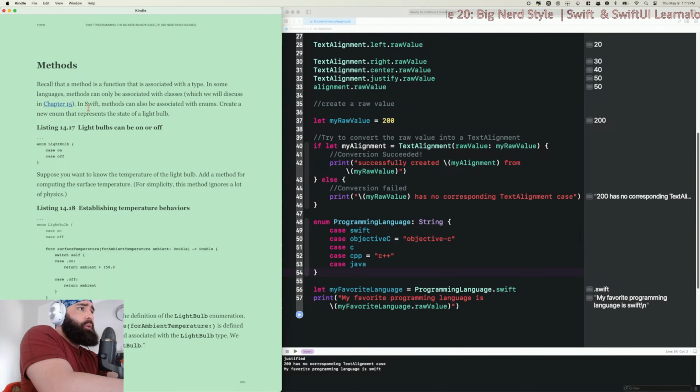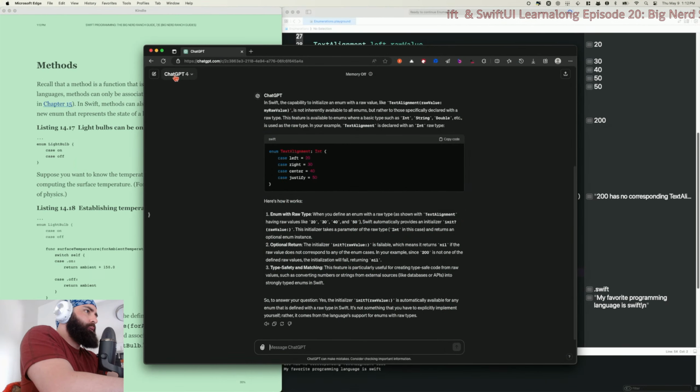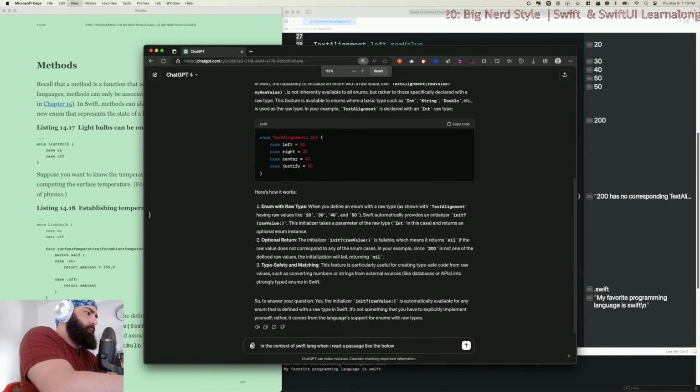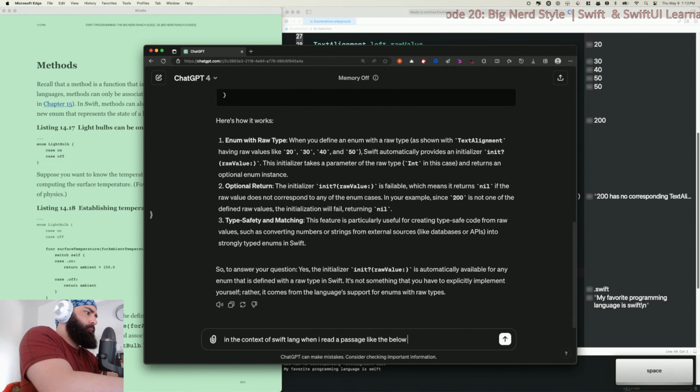Okay, methods. Recall that a method is a function that is associated with a type. Yes, that is associated with it. I want to understand this too, so let me ask. Read a passage like the below.